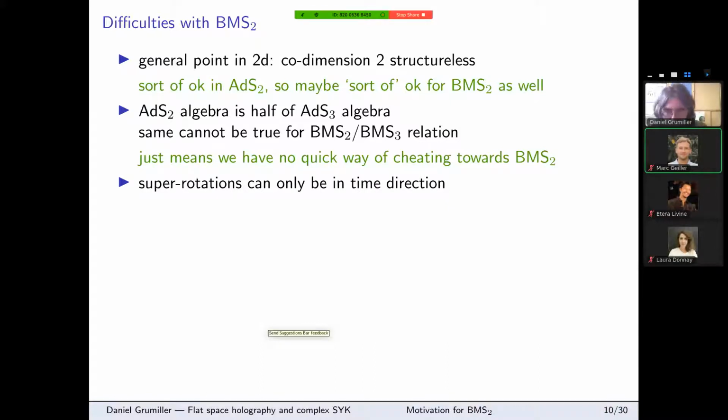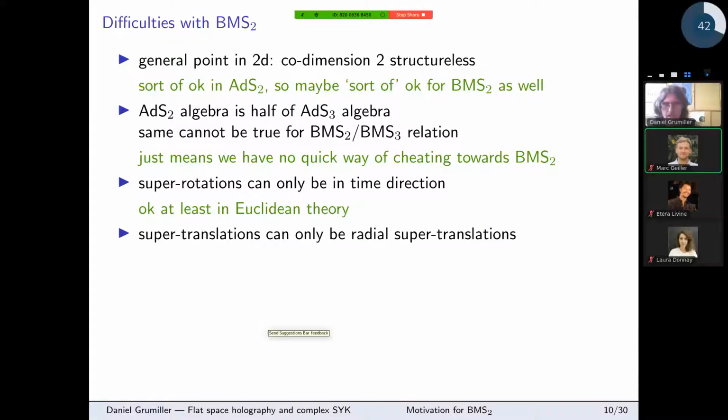Another issue is that if you care about super rotations, then they can only be in the time direction because, basically because of the first point, the boundary doesn't have enough structure. There's just a time direction. There are no additional angular directions into which you can rotate. And that is okay. So either you don't care about super rotations at all, and if you care about them, you can still have them at least in the Euclidean theory or something analogous to them. And finally,